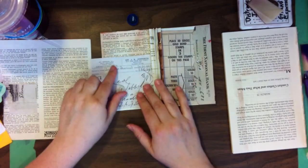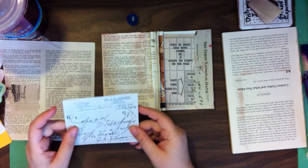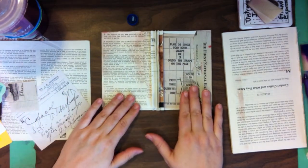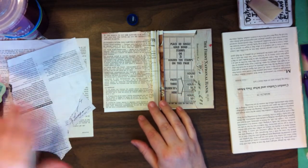another thing that we could do is we could use this to make a pocket. That could be fun. Possibly. Okay, but before I get too excited about that, I wanted to show you what I was thinking of for, I'll put my collage bits here,